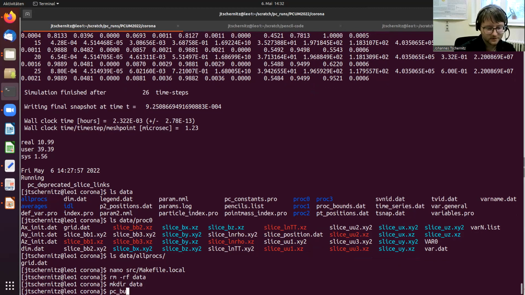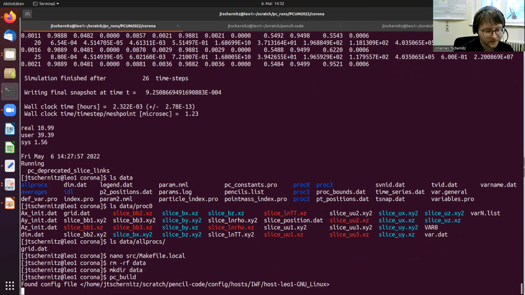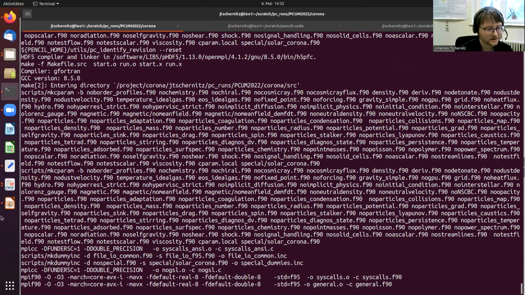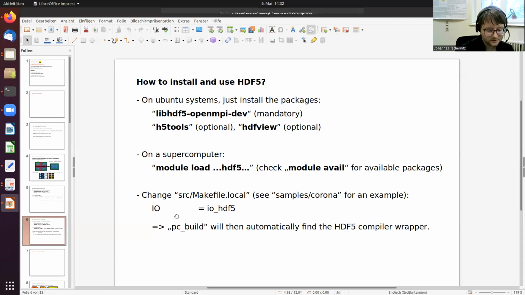Because we changed something in the makefile, we have to recompile the code. While the code recompiles, I will